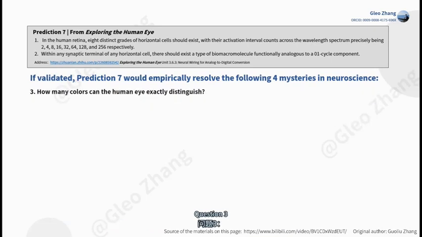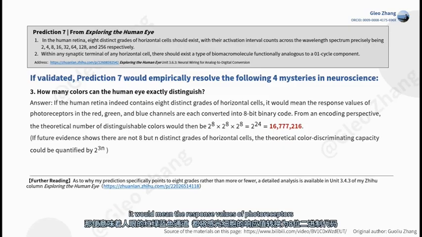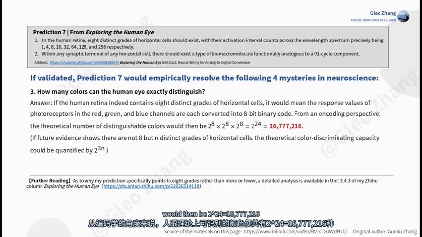Question 3. How many colors can the human eye exactly distinguish? Answer. If the human retina indeed contains 8 distinct grades of horizontal cells, it would mean the response values of photoreceptors in the red, green, and blue channels are each converted into 8-bit binary code. From an encoding perspective, the theoretical number of distinguishable colors would then be 2 to the 24th power, which equals